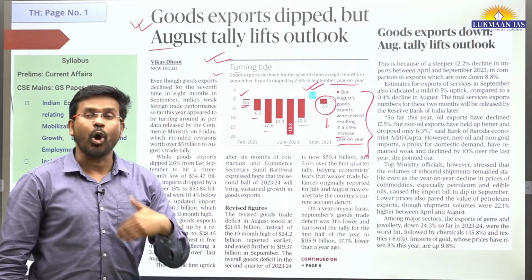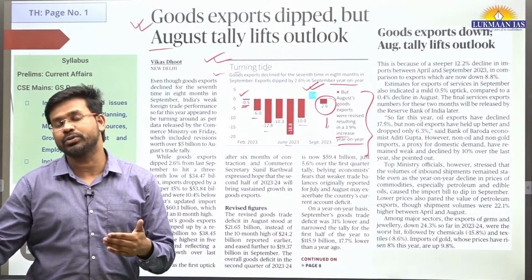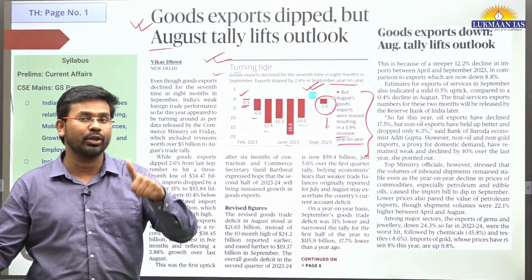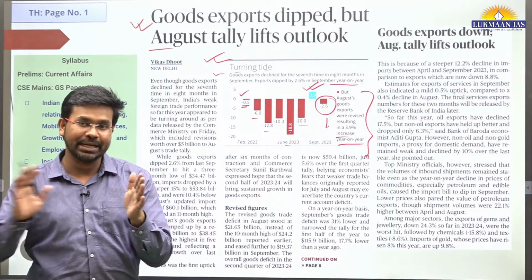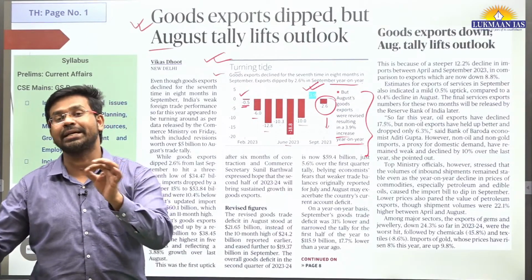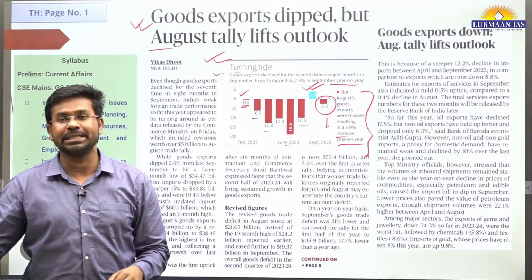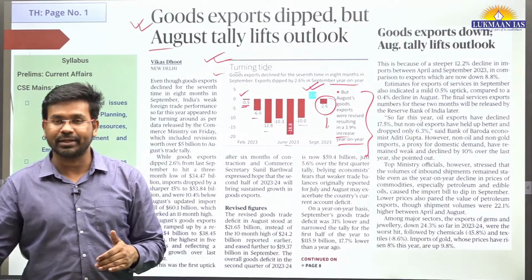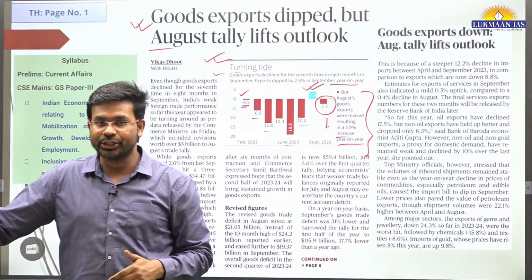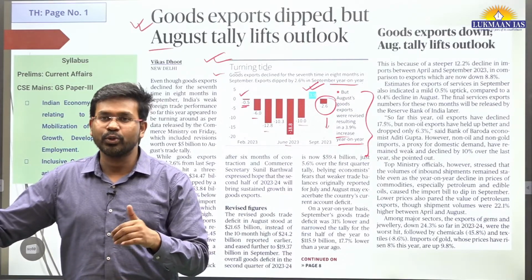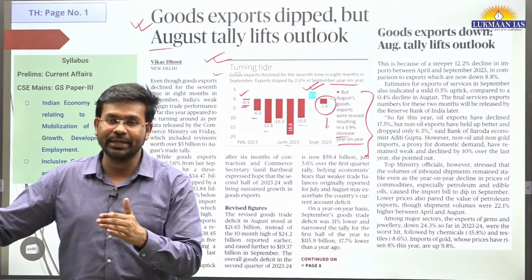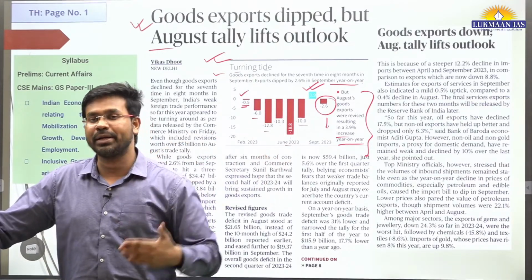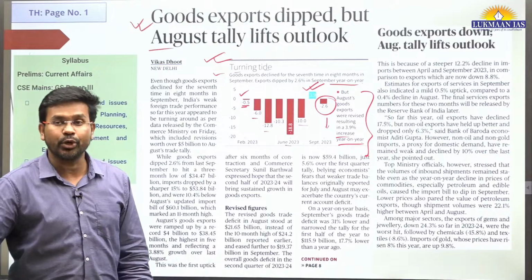August month has also been in the news because of so many factors. We have seen the highest ever temperature in the month of August this year, and that has broken the record of the last 100 years. We have seen the least amount of rainfall in the month of August, and that was attributed to factors like El Nino, Southern Oscillation, and Indian Ocean Dipole. So there were many factors that were different in the month of August as compared to any other month, factors related to the environment and factors related to economic activity.